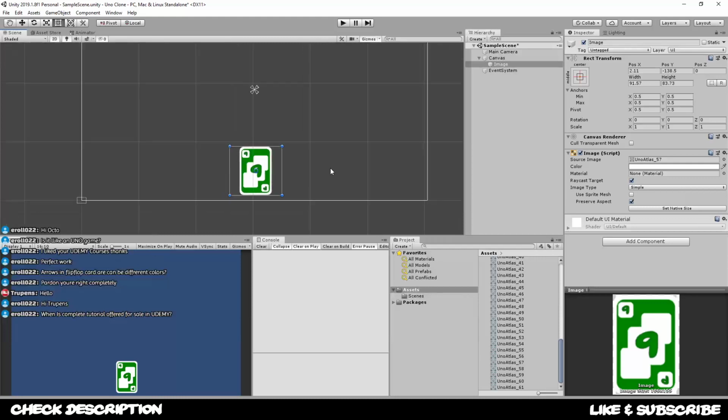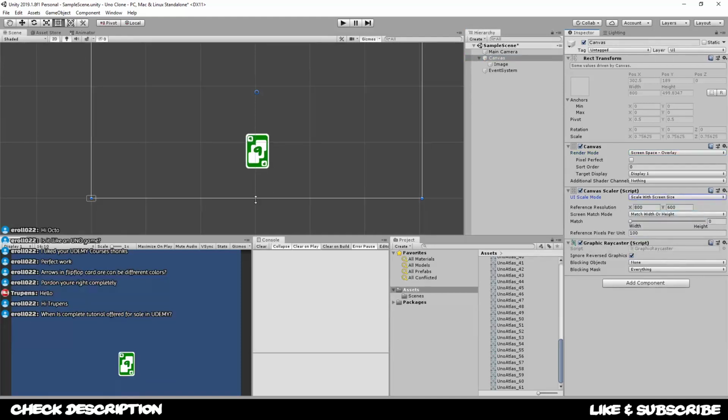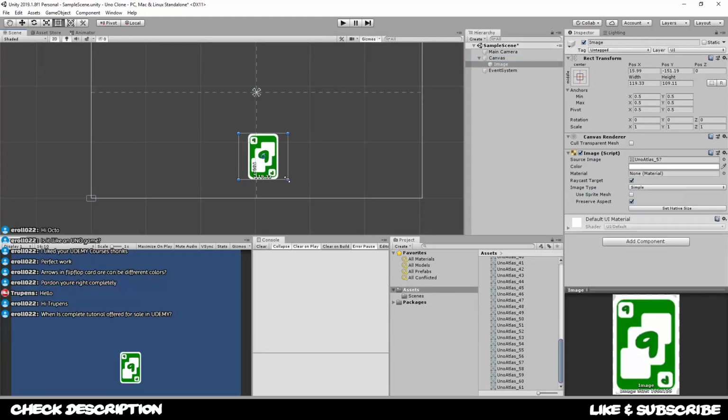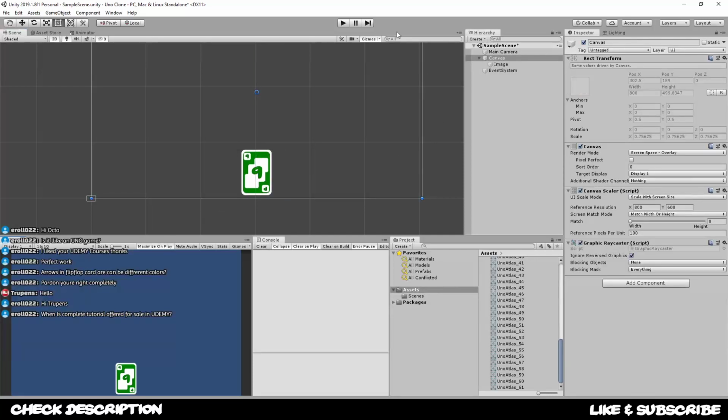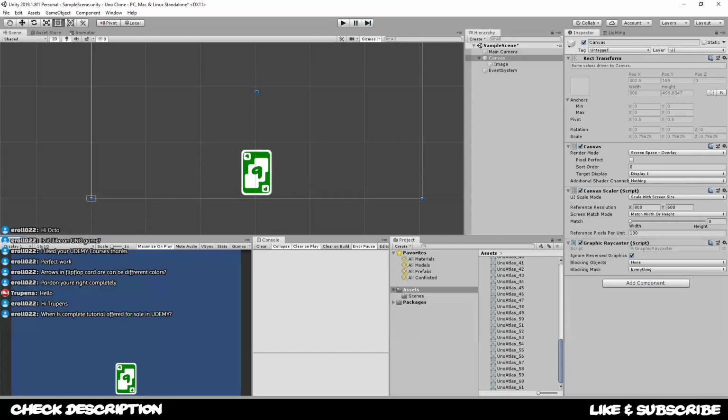Okay, so beforehand, I need to change the canvas pretty quick to be a scale screen size. And I need to rescale this card again. And when I now maximize on play and press play, I want to make sure that I can read the card clearly and the quality is high enough. Let's see how that looks. Well, as you can see, it is a rather fuzzy quality,